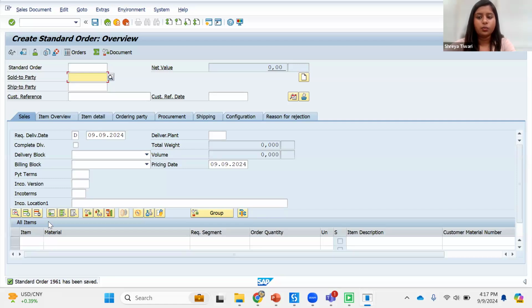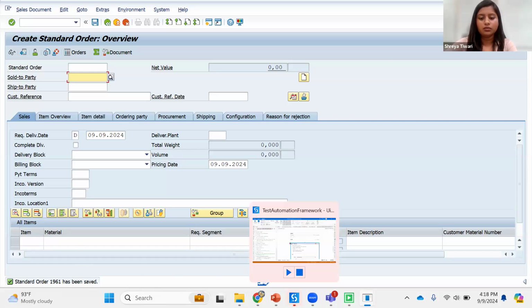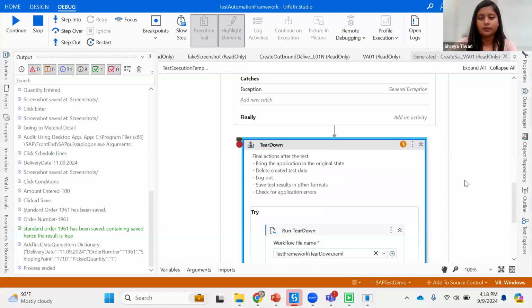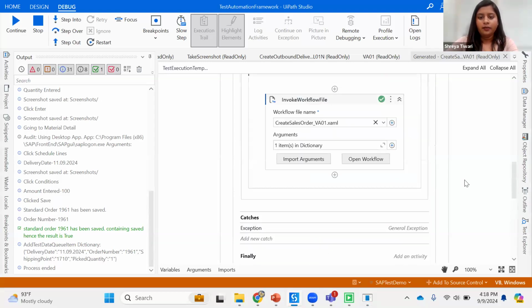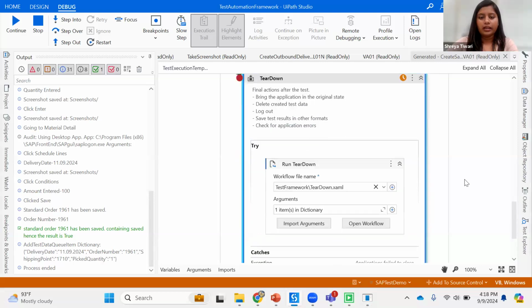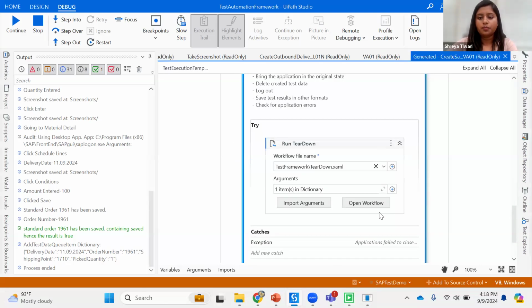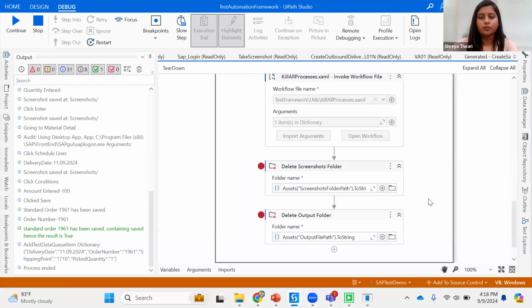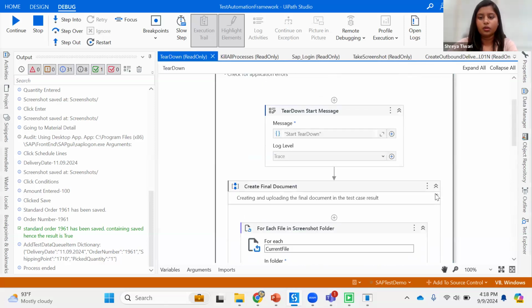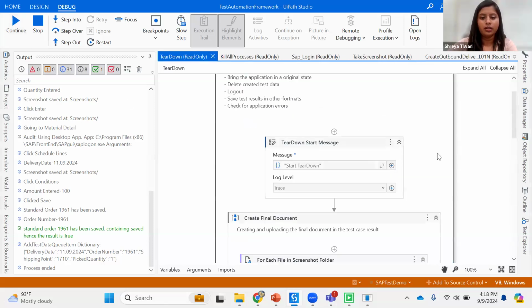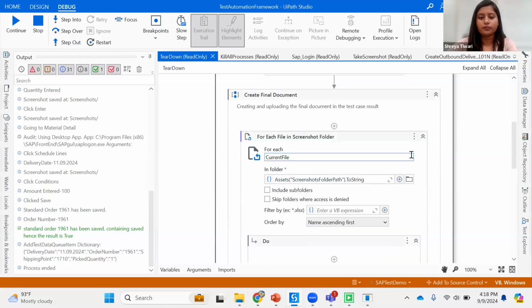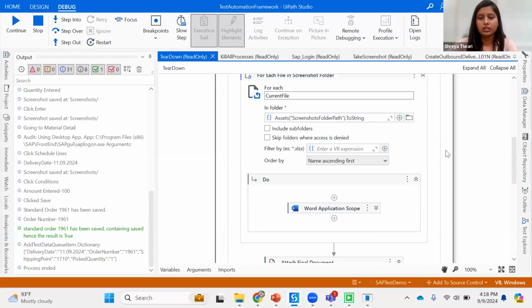So at the end, once it's able to perform all these steps, it will create the Word document file and also it will upload the same. All right. So it came down to tear down part. So I have added a breakpoint because I wanted to show what all things we have added in the tear down. Let's go ahead. So it consists of create final document sequence wherein we are fetching each of the screenshot